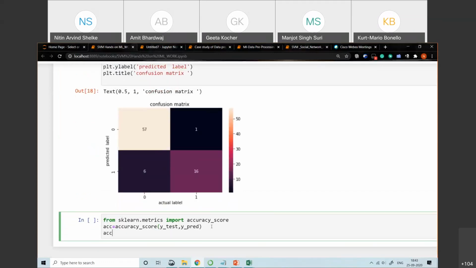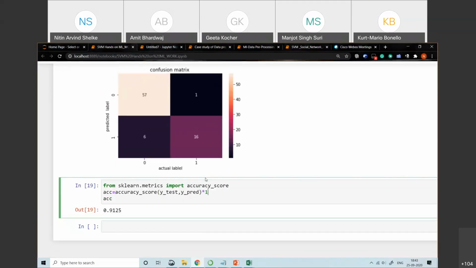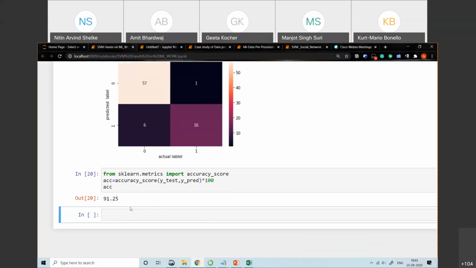And you can print it; you can just multiply it by 100. So you'll get the 91.25% accuracy with the help of the linear kernel.